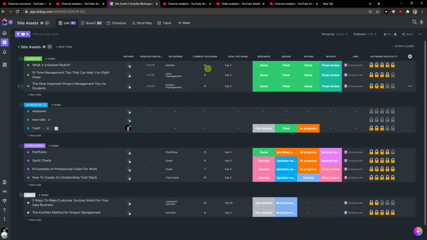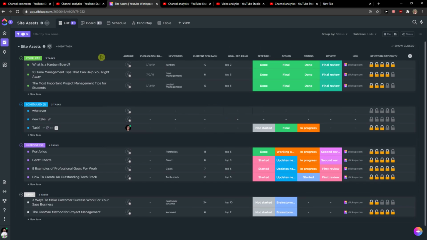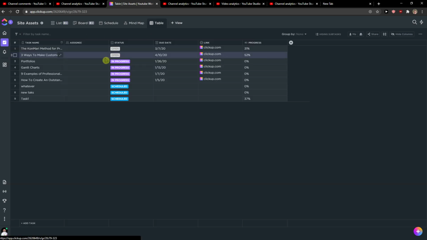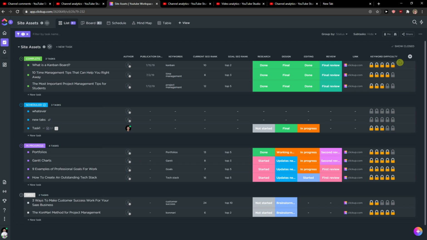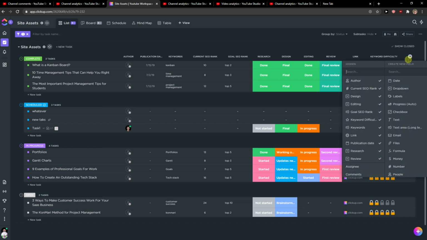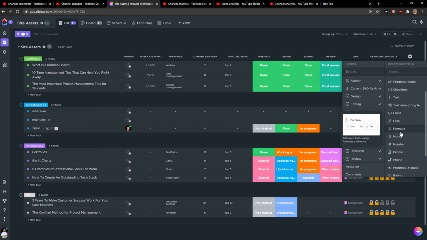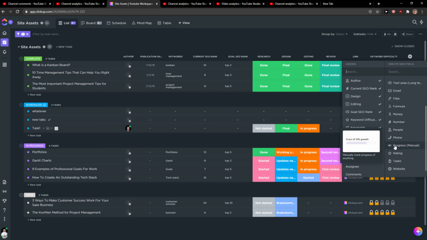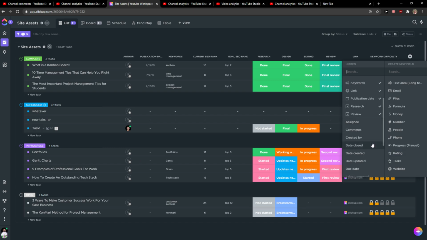And let's start. So you have a ClickUp list here that you can use, or a table. What I can do is add, in the top right corner, a column or a custom list. And here you have the option to create a new field. You can create labels, progress, automatic, or you can add, I don't know, progress manual or rating even, or you can add hidden